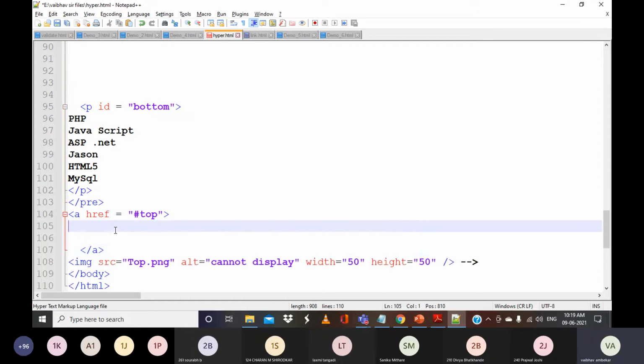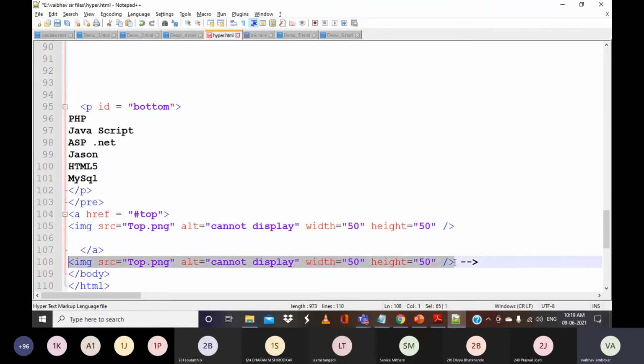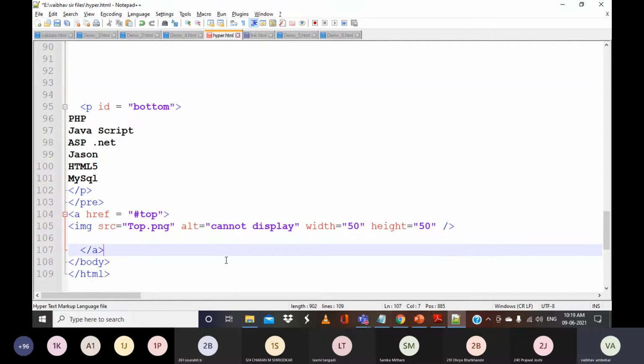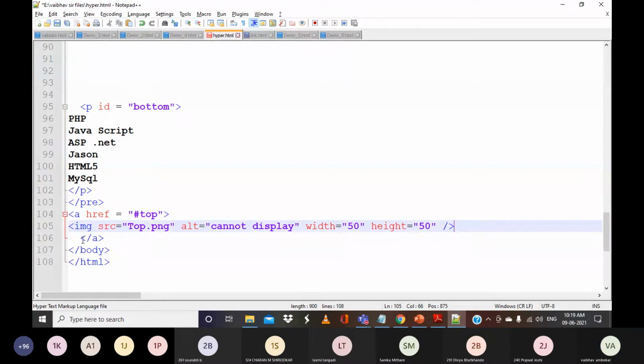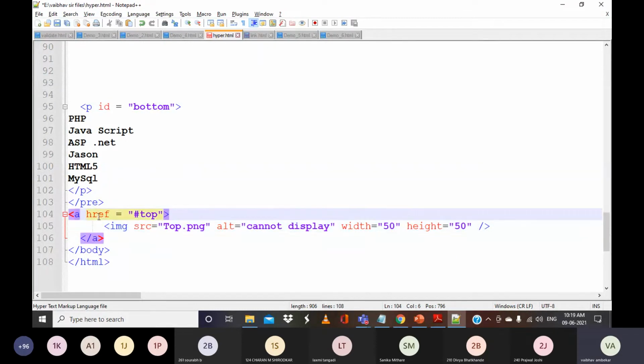Usually we write some text, but instead of writing the text, we will put an image as a link, and then this anchor tag will be closed. Here I have put the image tag inside my anchor tag, with the image as top.png. So this image will be loaded instead of the text.